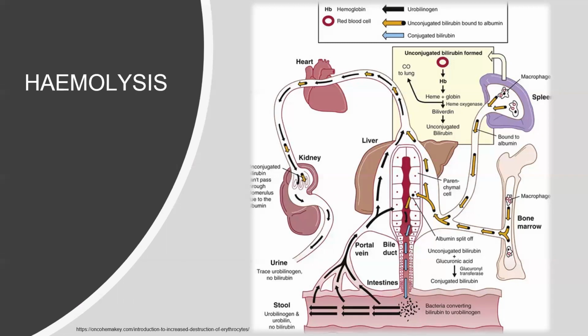Biliverdin is green, and then it is reduced to bilirubin, which is a yellow molecule, and it is nonpolar. And nonpolar yellow bilirubin is secreted into the plasma. Since it is hydrophobic, this bilirubin must bind to albumin to be transported in plasma to the liver. The bilirubin-albumin complex is called the non-conjugated complex, and it enters the liver, and then